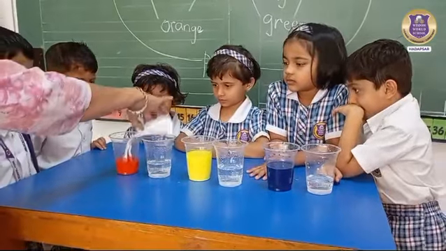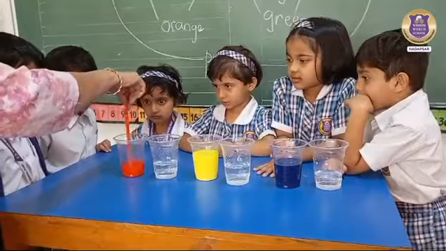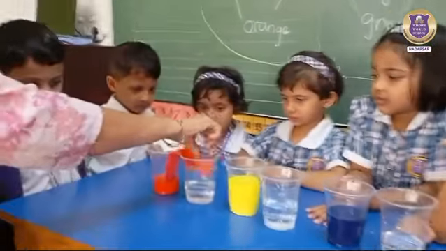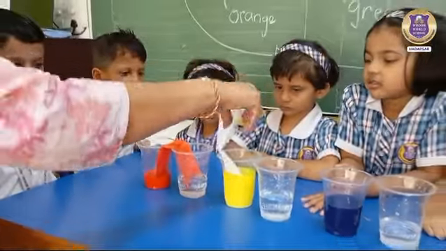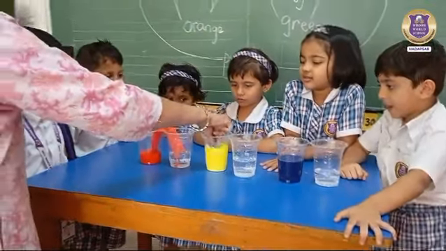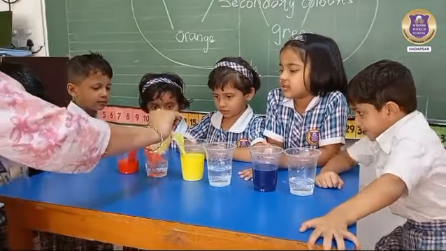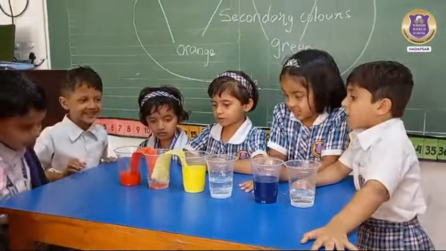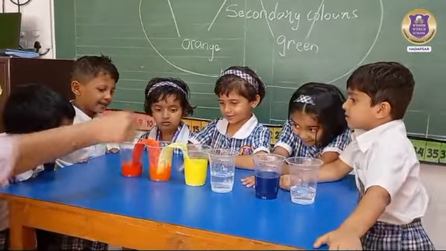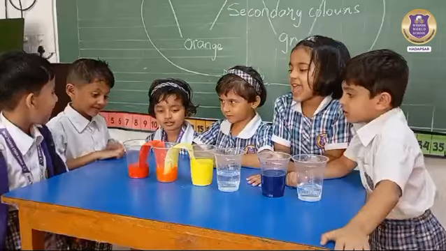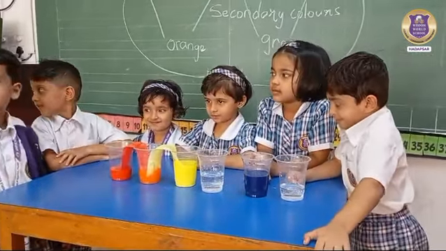Primary color? Red. Okay? So we are going to put this tissue in red and put it in plain water. And now which color is this? Yellow. Yellow is also a primary color. We are going to put... So what color is going to come? Red. When red mixes with yellow, which color is going to come? Orange. Can we see? Yeah. Wow. Excellent. Now we are going to